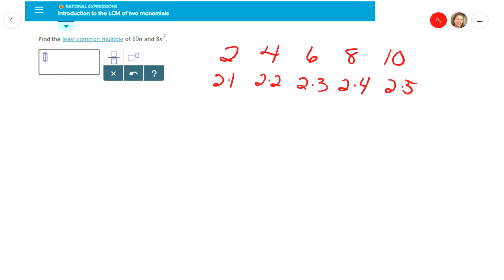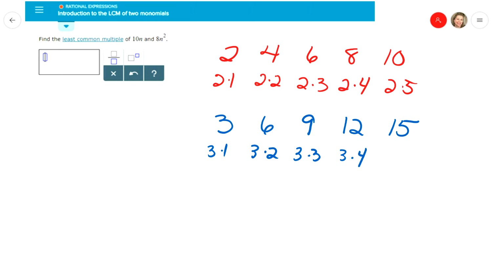All right. What if I wanted multiples of 3? It'd be 3, 6, 9, 12, 15, because 3 is 3 times 1, 6 is 3 times 2, 9 is 3 times 3, 12 is 3 times 4, 15 is 3 times 5. Now, if I asked you for the least common multiple between 2 and 3, the answer would be